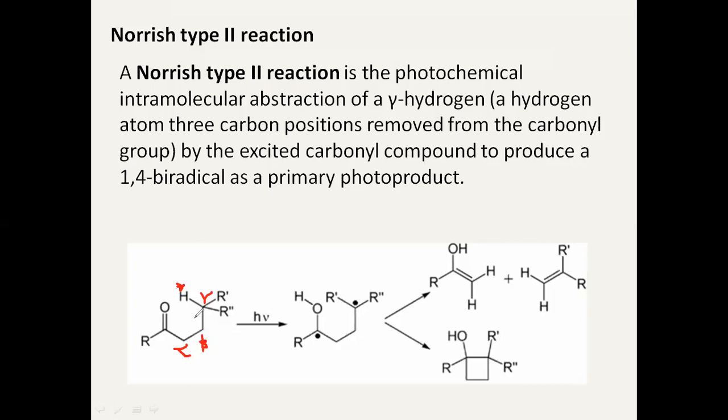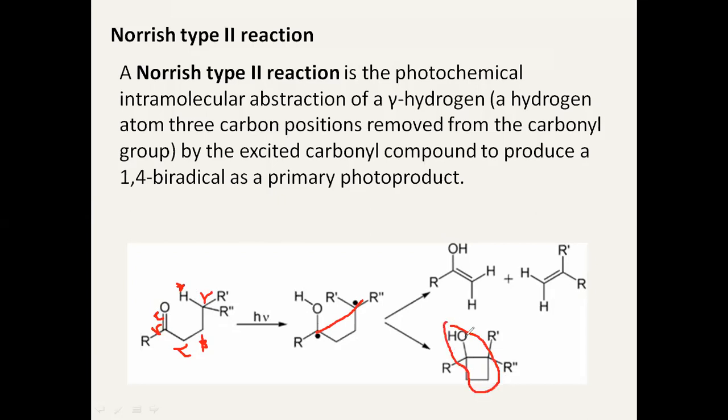This double bond breaks. One of the bonds breaks like this. One radical here, one radical here. You see, and this H migrates to oxygen. Very simple, Norrish type reaction. And what is the next step? There are two chances for this. If there is a bond formation like this, it will form a cyclobutane ring, cyclobutanol like this.